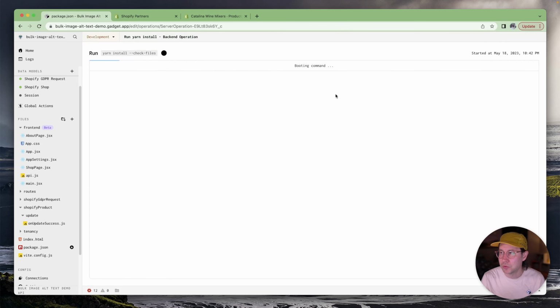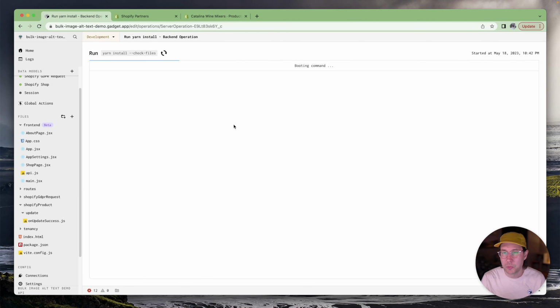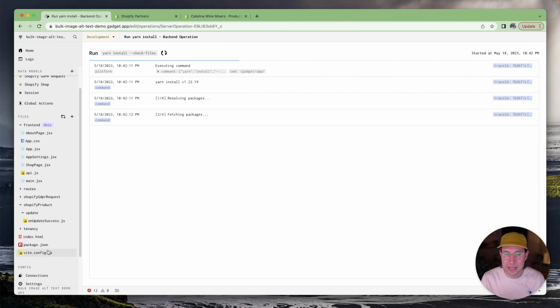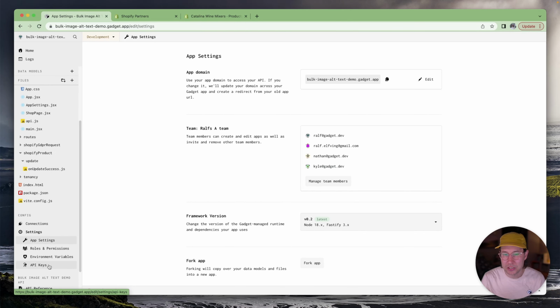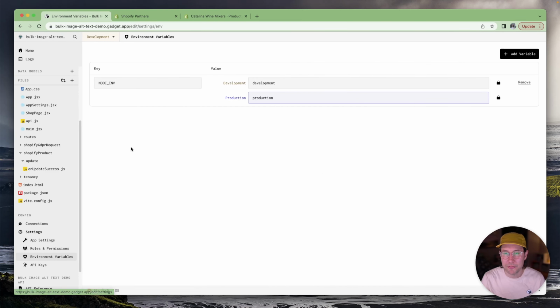You don't have to remember this. We're going to run yarn, let that run, and then we're going to go to our settings for our applications. We're going to go to environment variables, and then add environment variables where we can store our API keys for OpenAI and the computer vision